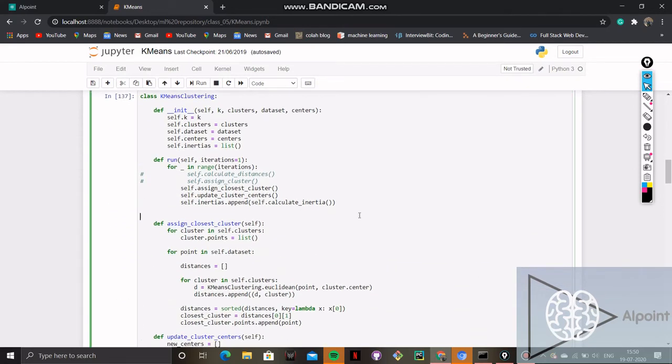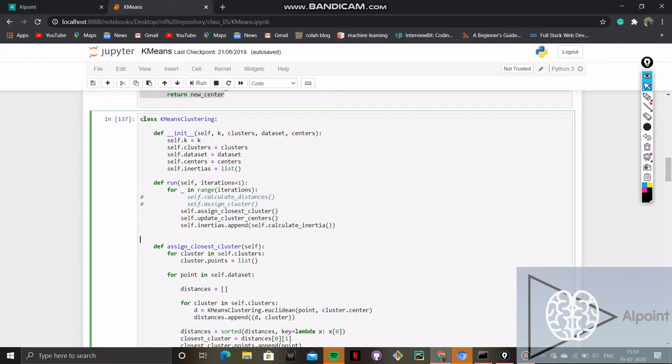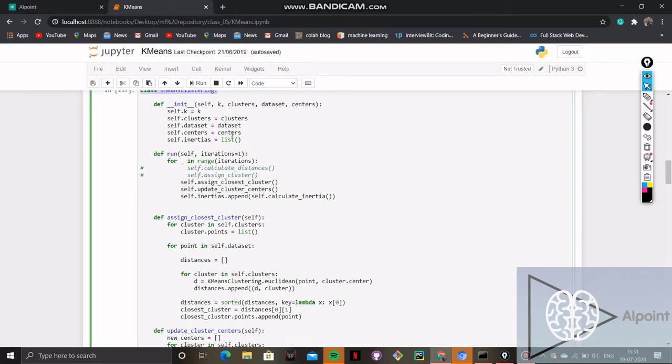So in this next cell, we are taking the k-means clustering class. We are calculating inertia, calculating centers, taking the data set, taking clusters, taking the k value.